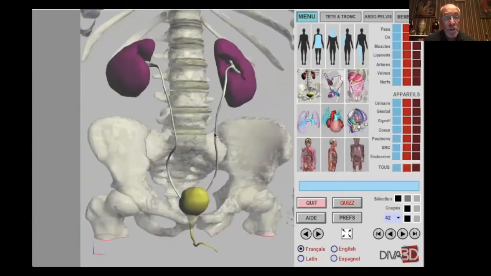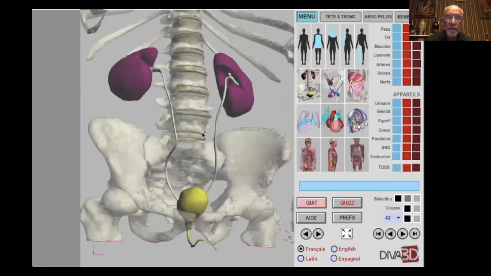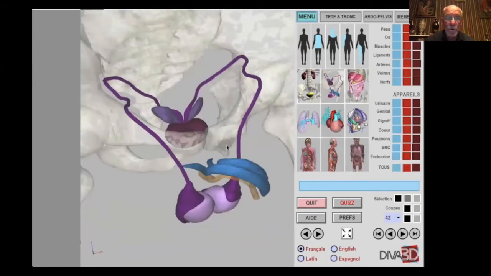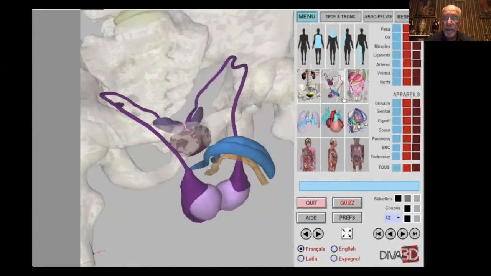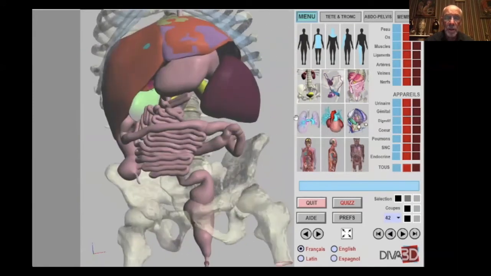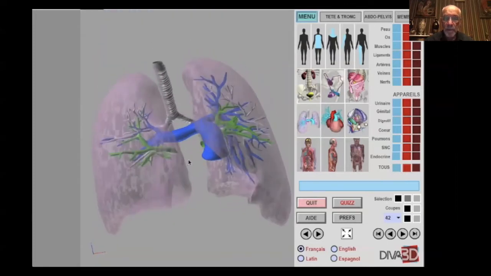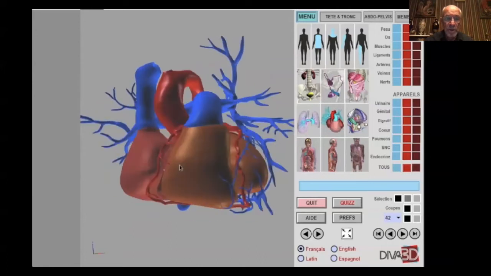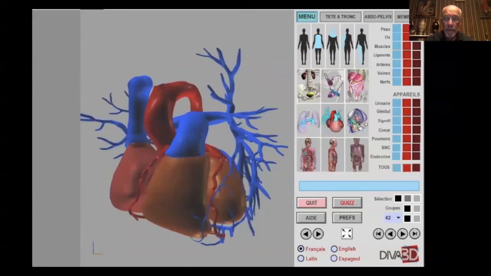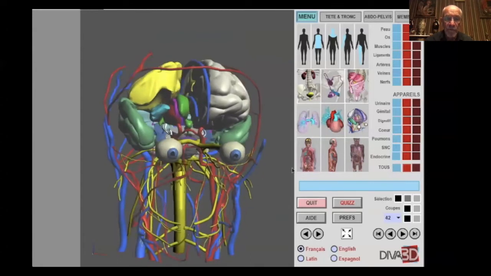You can choose the systems. Is the urinary system, just select. You can modify, you can also have the genital system. So digestive system, it's a selection to give courses. Pulmonary system, the heart and vessels, the brain. And of course, you can have, which is very important, you can also have slices, different slices according